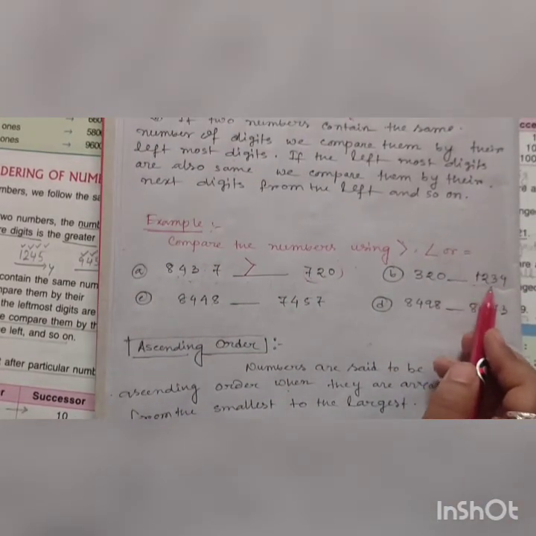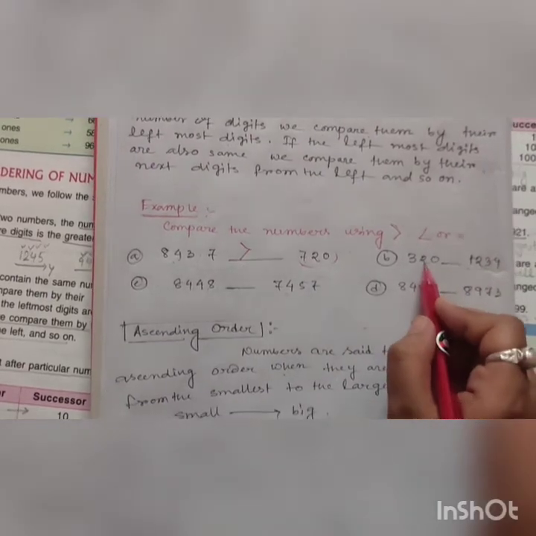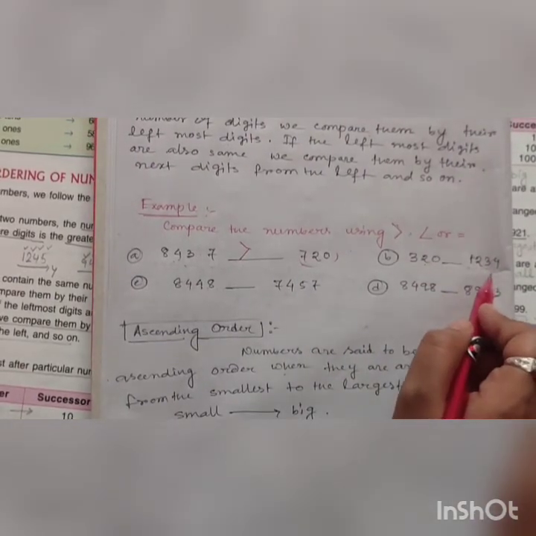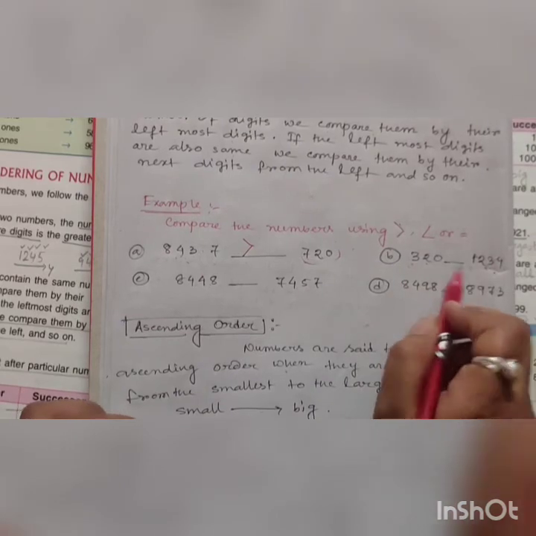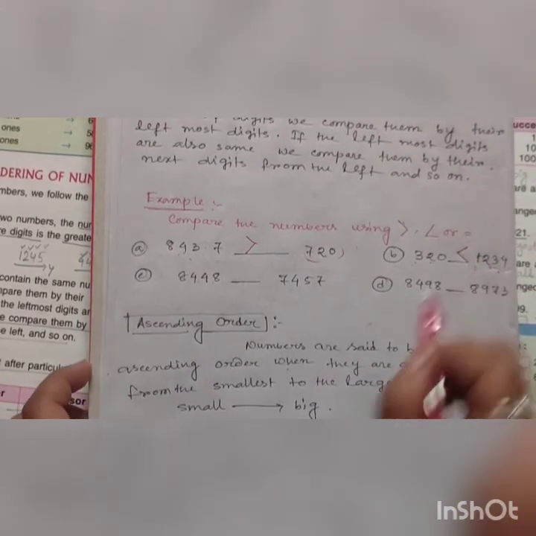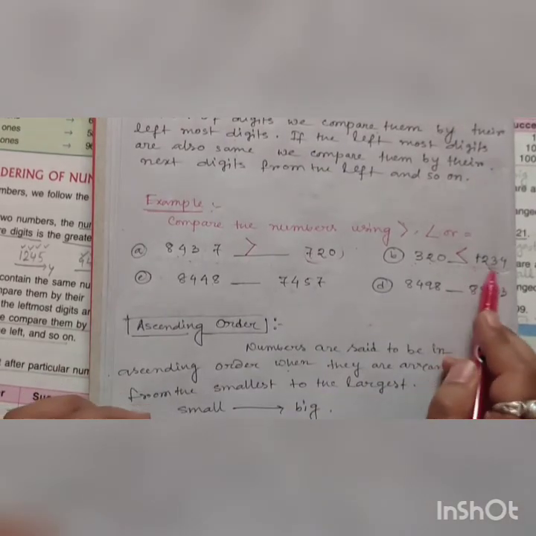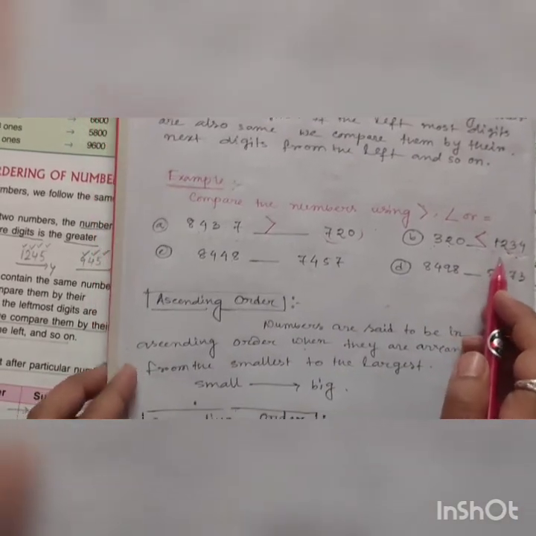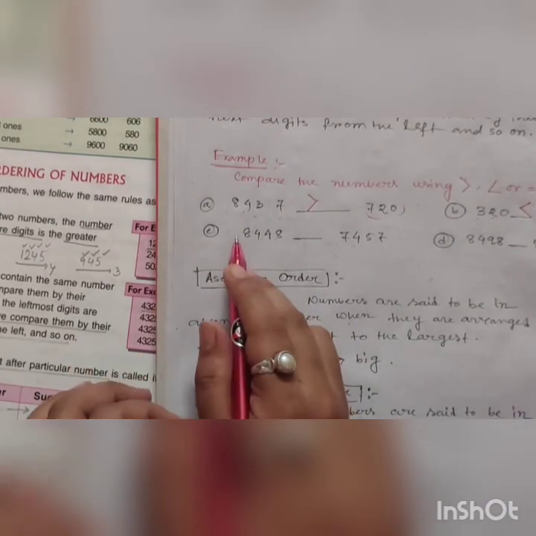320 and 1234, so this contains 3 digits and this contains 4 digits. So what will be the greater one between these numbers? This will be the greater one. So 320 is less than this number. তাহলে যেদিকে greater number থাকবে open end টা সেদিকে indicate করবে।